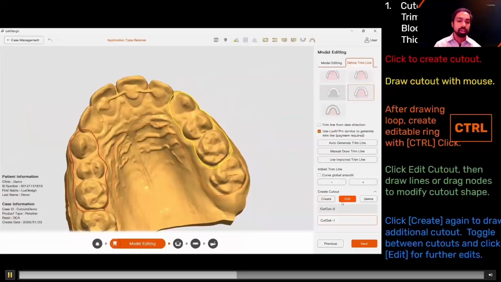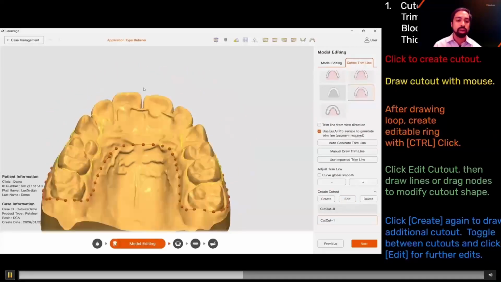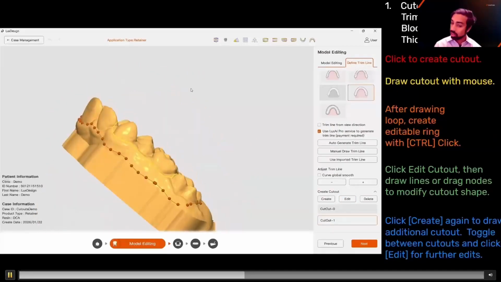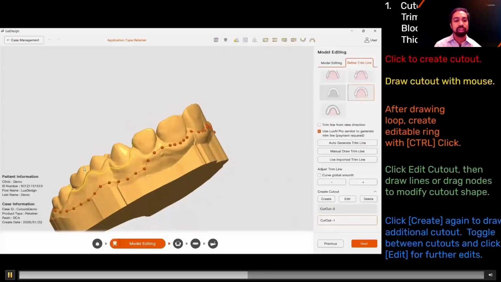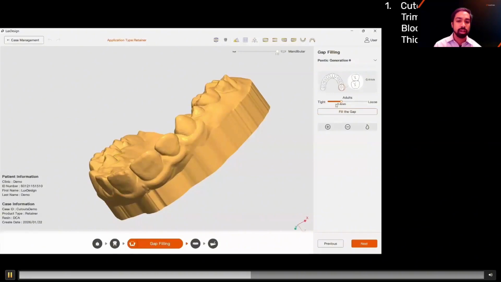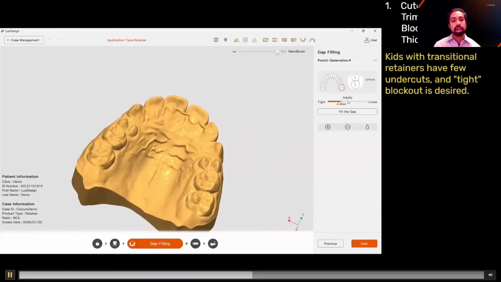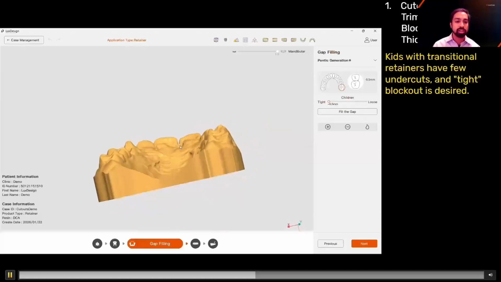So you can see here, this is pretty good. I'm pretty happy with this. Now, if you draw the trim line too close to the cutout, it will give you a warning saying that it's under 2.5 millimeters. You can ignore it. We recommend that you try to keep it at least 2.5 millimeters for a longer lasting retainer, but that's sort of our guidance. So once you're happy with that, you go to the gap fill step,